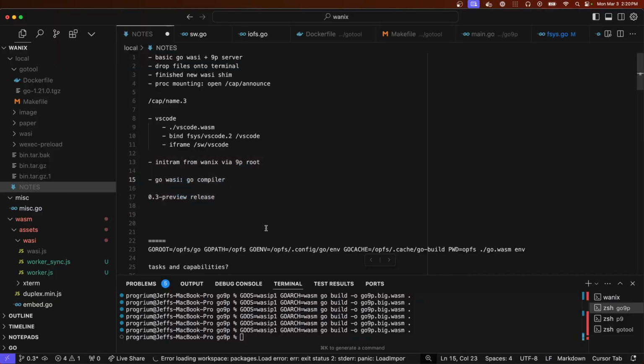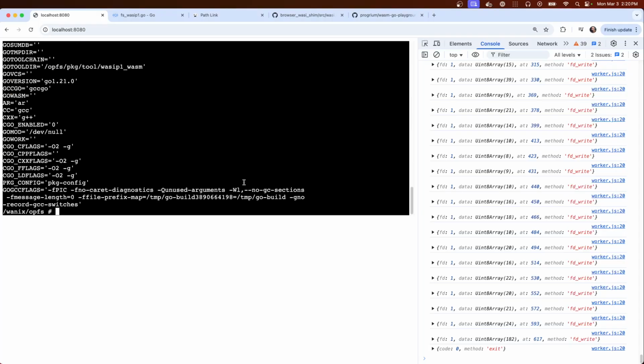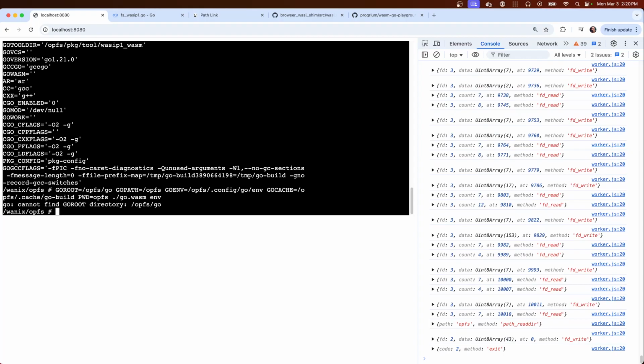So I have a predefined command, although it's pointing to a directory that doesn't exist. For one of these, we'll see what it does. Okay, yeah. So because we're actually going to use Go to build, it does need the Go root files.